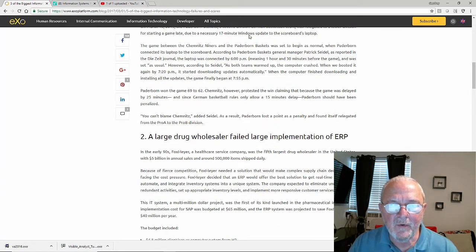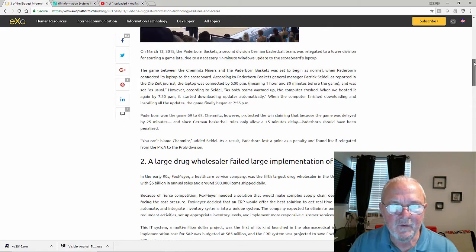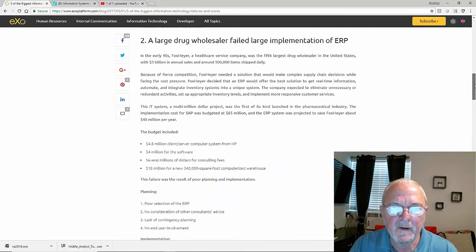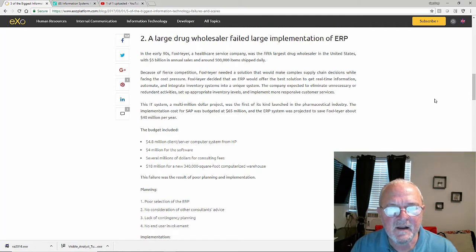This is not an appropriate example for your assignment. This is not a large-scale organizational information system. It is simply a Windows-based app that had a glitch in it because of this update. It has nothing to do with the systems development lifecycle. So we give this one thumbs down. It's not appropriate for your homework. Now, of course, you can't use any of these examples anyway. So you have to find new ones, of course.